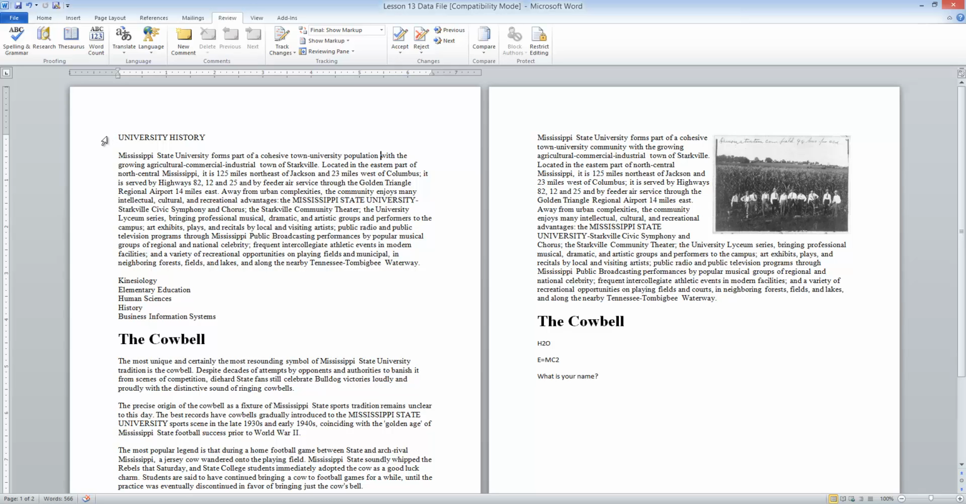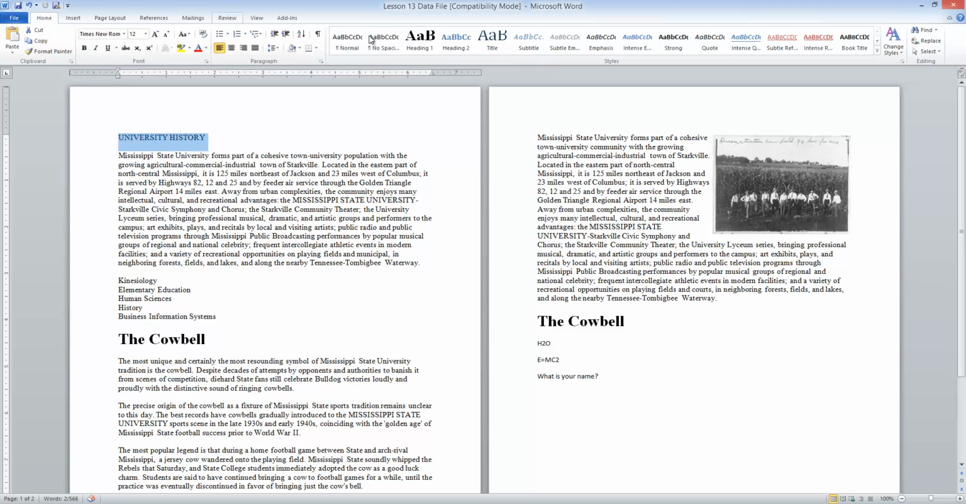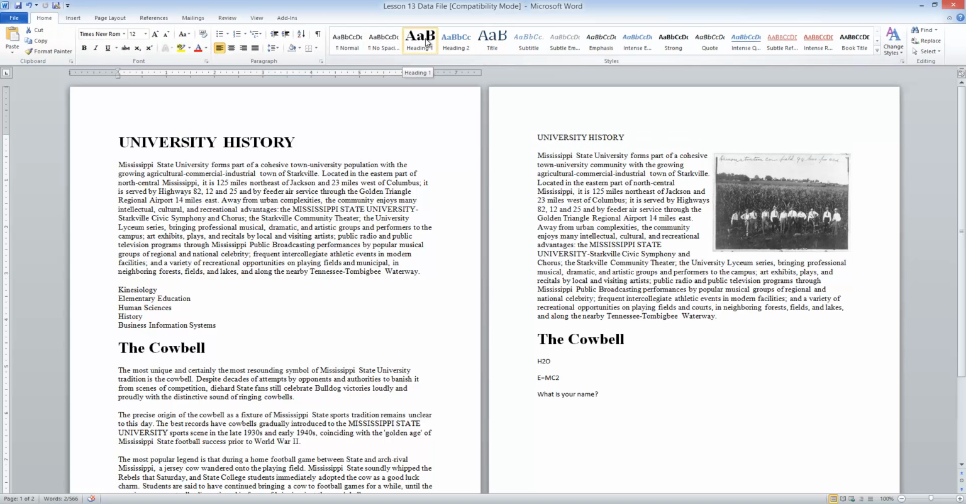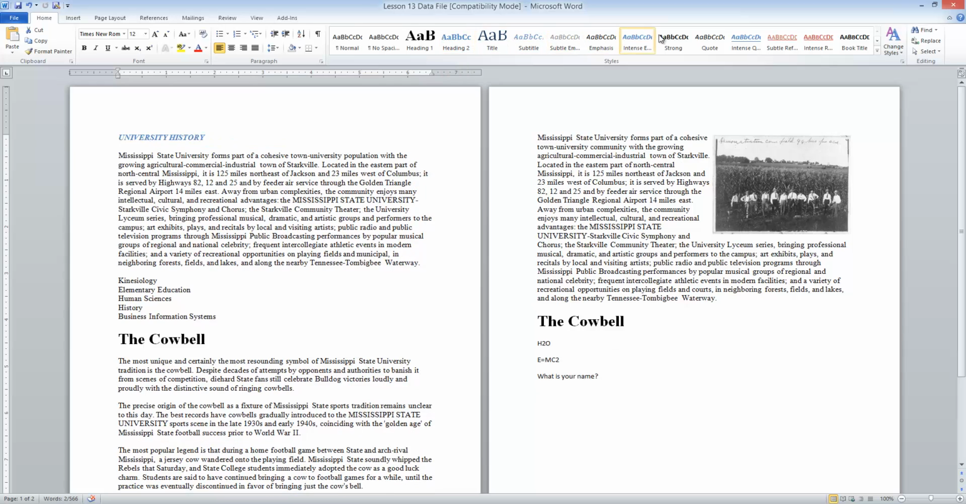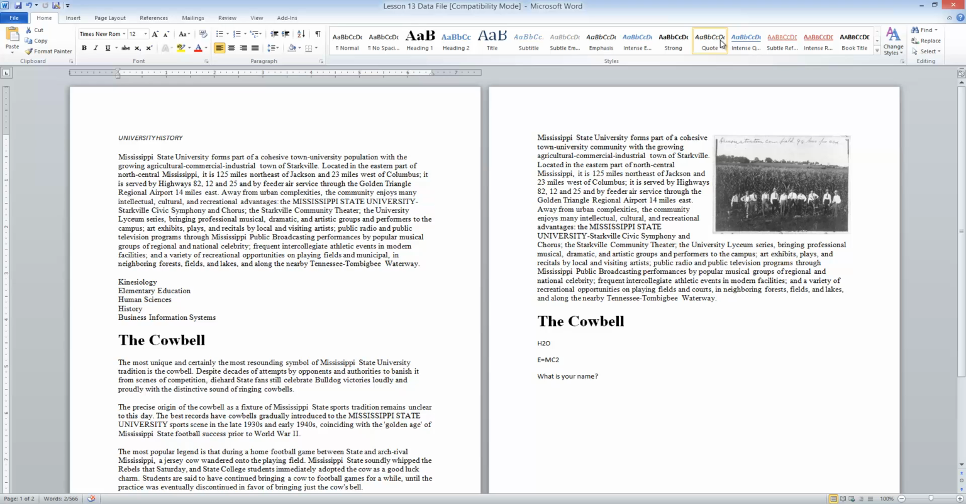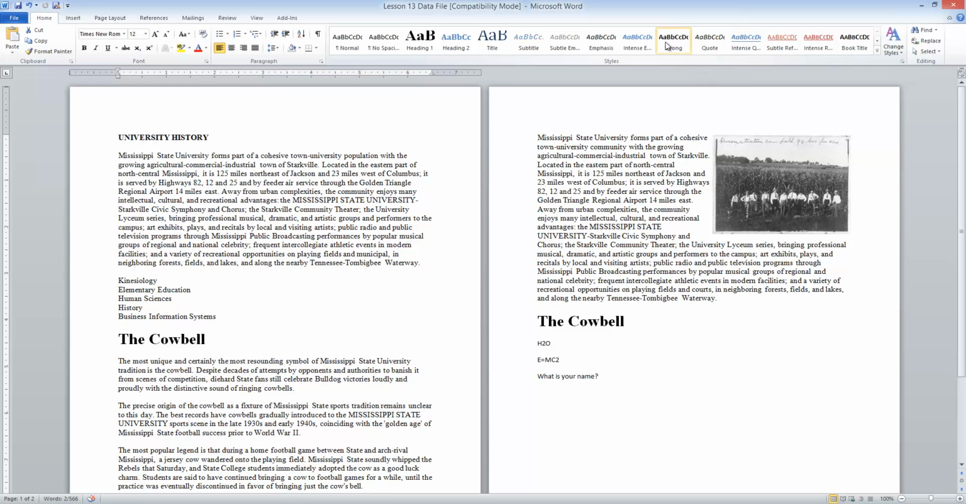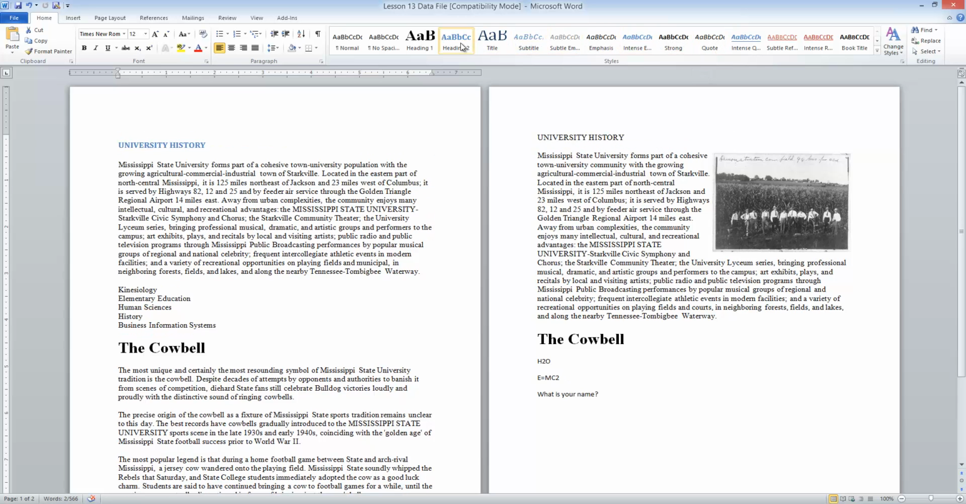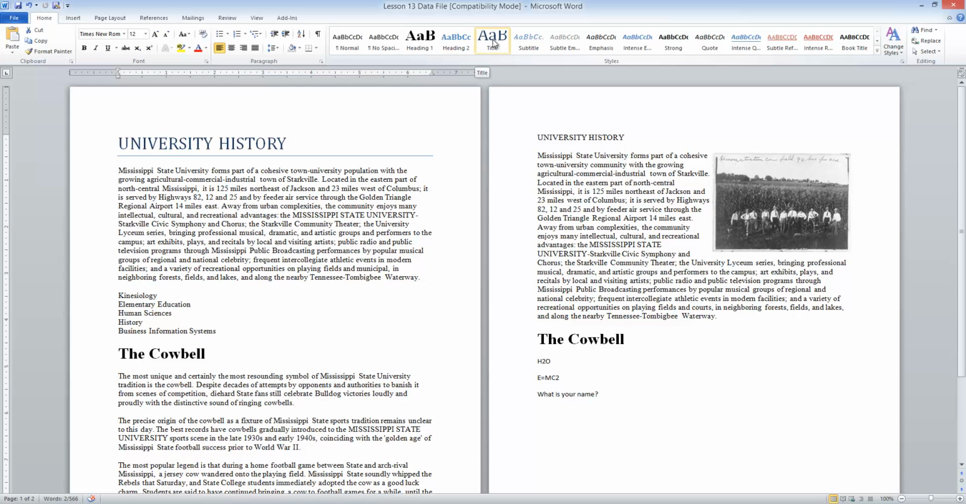We're going to select the University History title, and here we can go to the Home tab, and we have the Styles section. We can select Heading 1, Heading 2, or any of these other styles that we want to format the title of that paragraph to. So we'll select the Title style, and we'll do that. What it does is it makes the